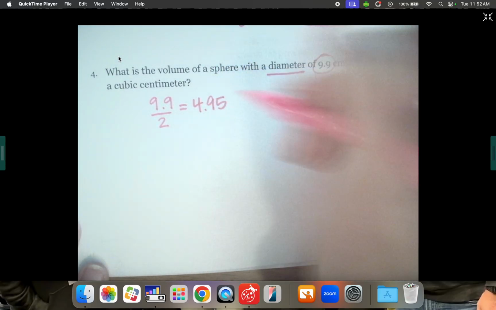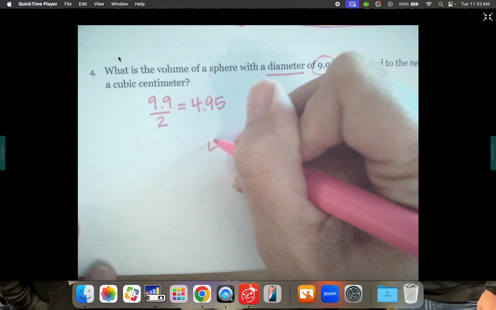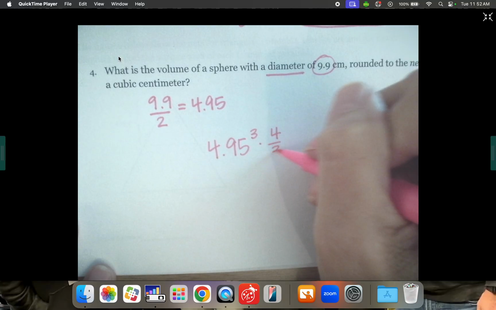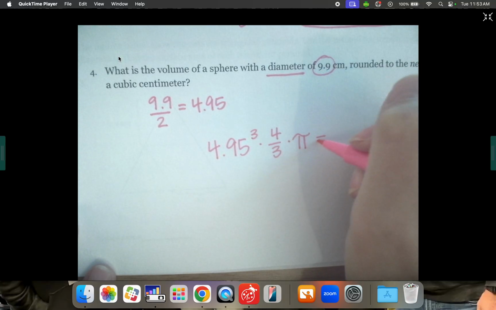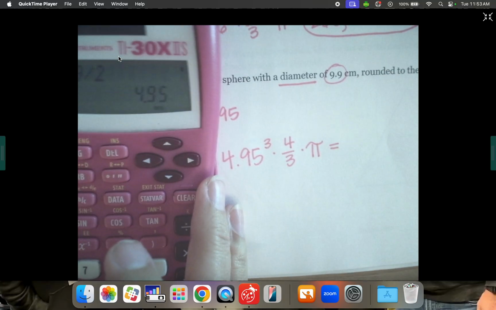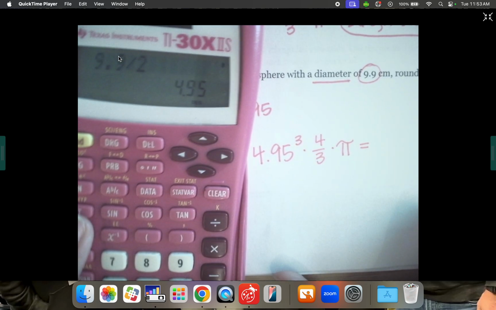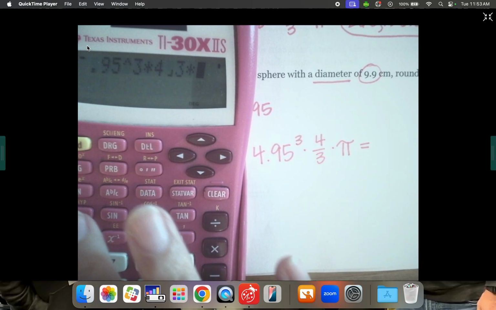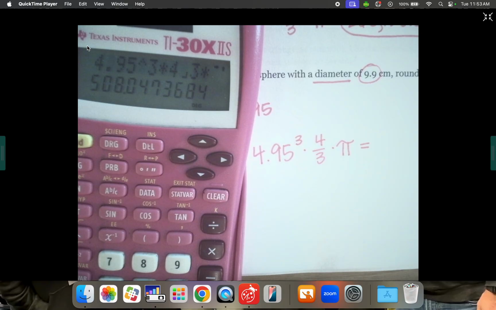So that's what we're going to use for our formula. So 4.95 cubed times 4/3 times pi. All right, I'm going to type that whole thing into my calculator. So 4.95 to the power of 3 times 4/3 times pi equals